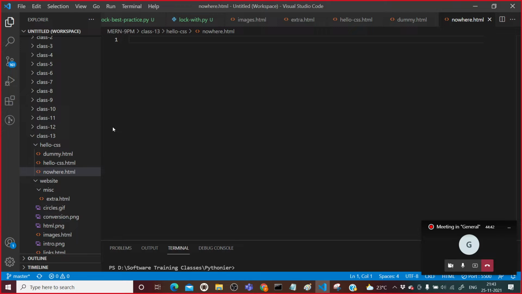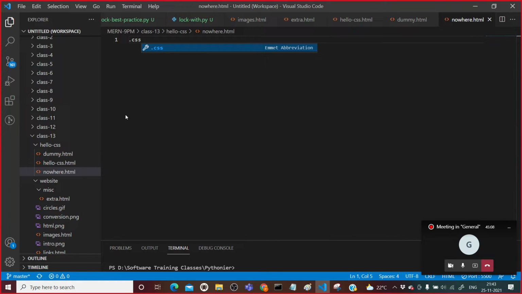Now I have set this up. CSS style sheets reside in a plain text file, and that plain text file should have the extension .css.